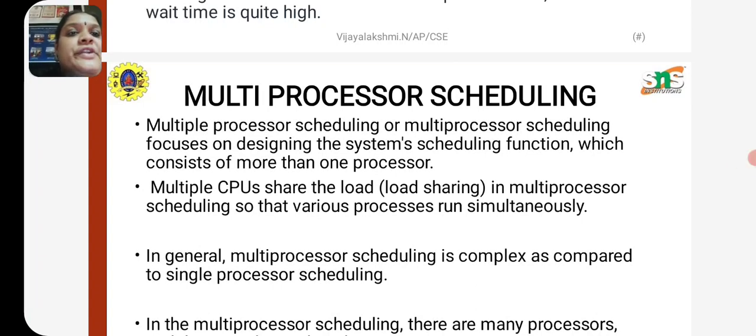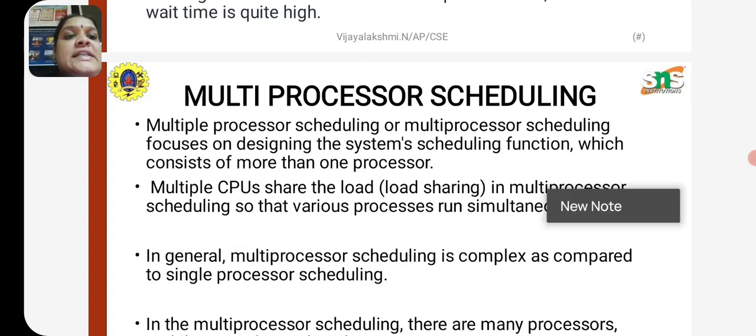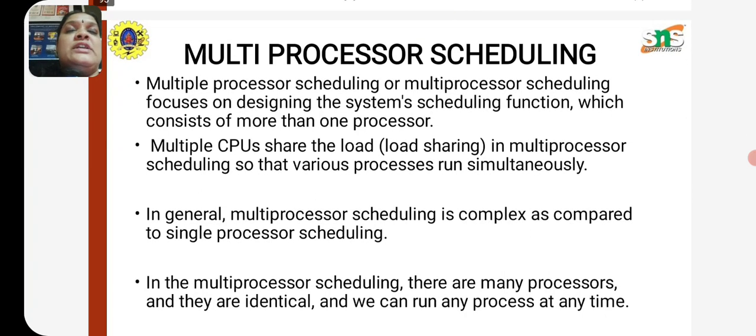So, in this lecture video, we are going to see about multiprocessor scheduling. First of all, we can see the definition, right? What is multiprocessor scheduling? The other name of multiprocessor scheduling is multiple process scheduling, which focuses on designing the scheduling function for systems which consist of more than one processor. We have already seen the difference between single processor and multiprocessor systems in the previous videos, and